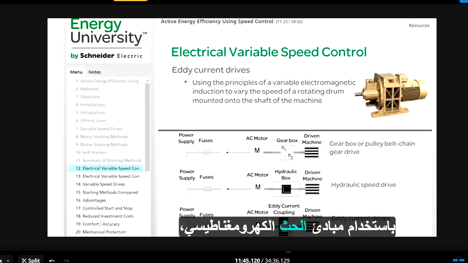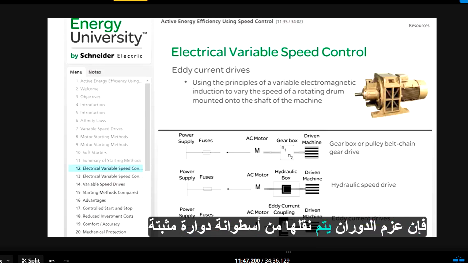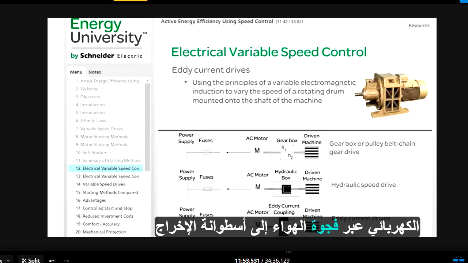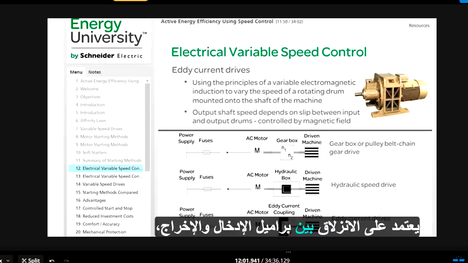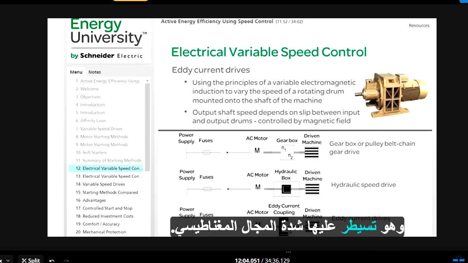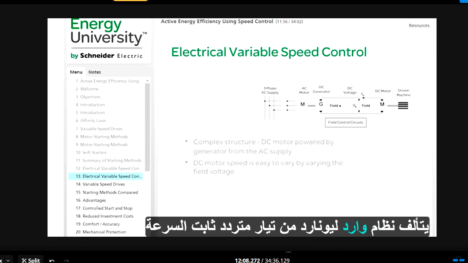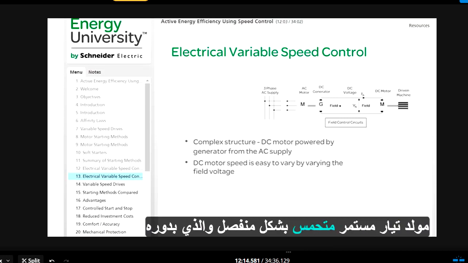Using the principles of electromagnetic induction, torque is transferred from a rotating drum mounted onto the shaft of a fixed-speed electric motor across the air gap to an output drum and shaft which is coupled to the driven load. The speed of the output shaft depends on the slip between input and output drums, which is controlled by the magnetic field strength. The Ward-Leonard system comprises a fixed-speed three-phase AC induction motor driving a separately excited DC generator that